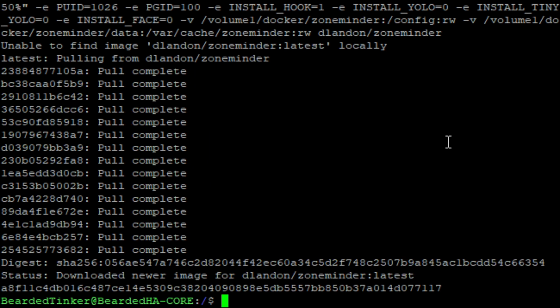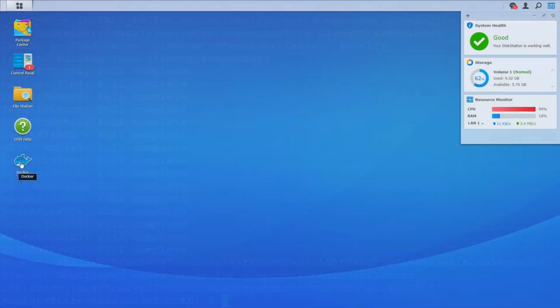This part is now done. It has been downloaded, extracted, and installed. Let's go to Synology and look what's happening there inside Docker. Let's open Docker,